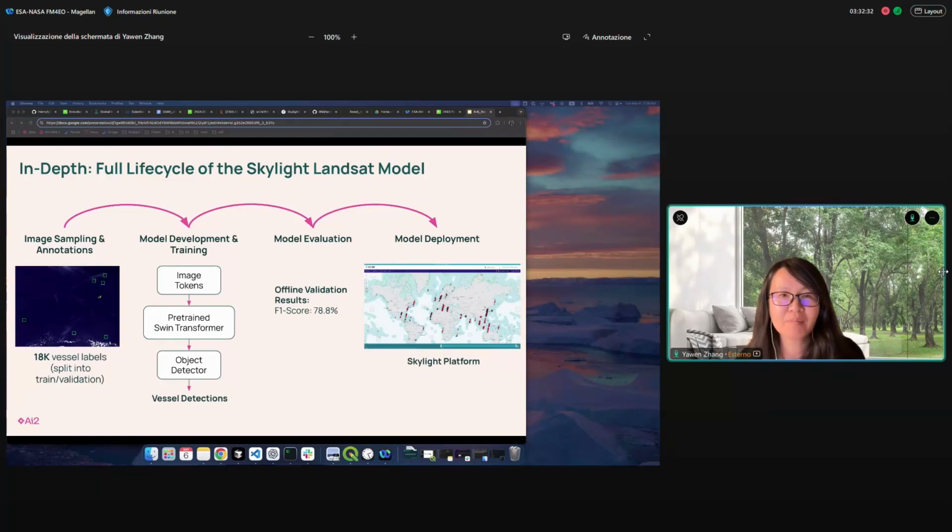So for the Landsat model, we collected in total 18,000 vessel labels and applied a pre-trained Swin Transformer for vessel detection. Basically, the multi-channel Landsat images are being tokenized, and the Faster R-CNN head has been added for this object detection task. Our initial model has an F1 score of nearly 79% offline. So this process sounds straightforward,